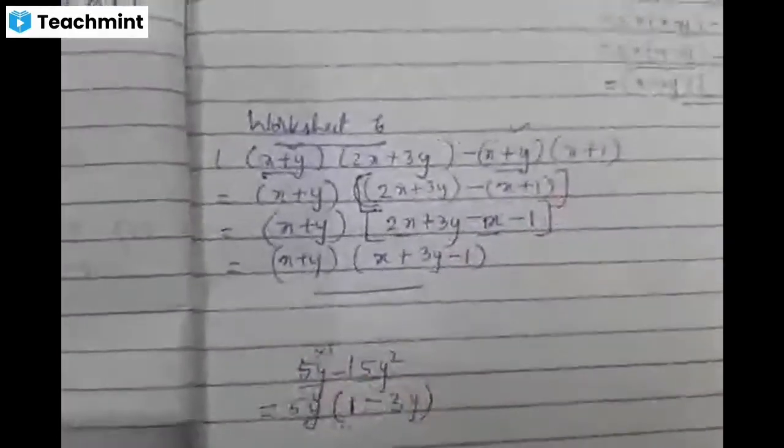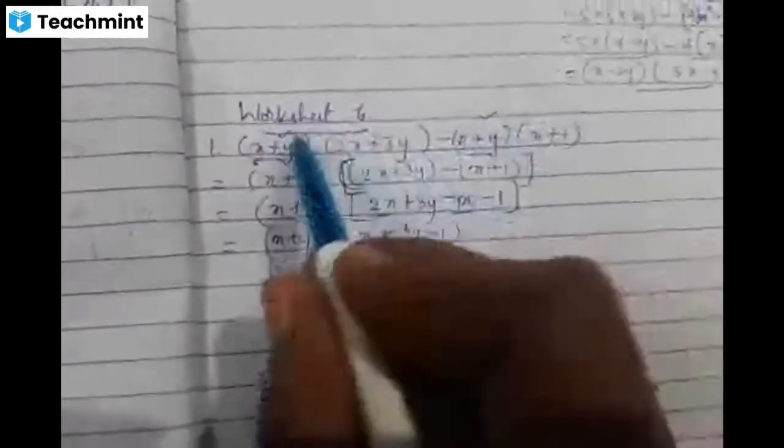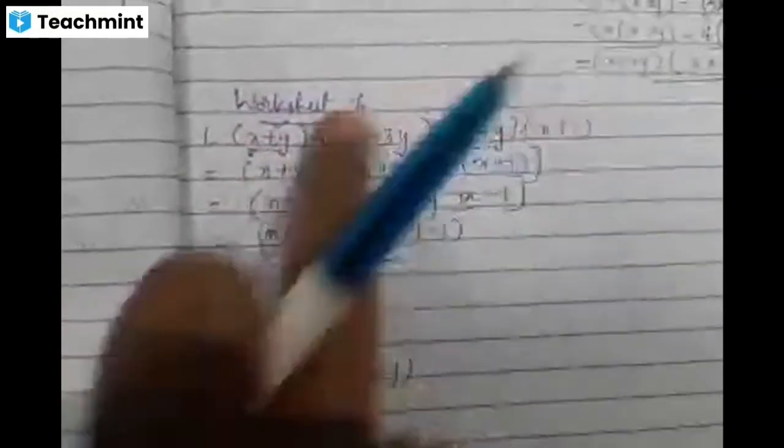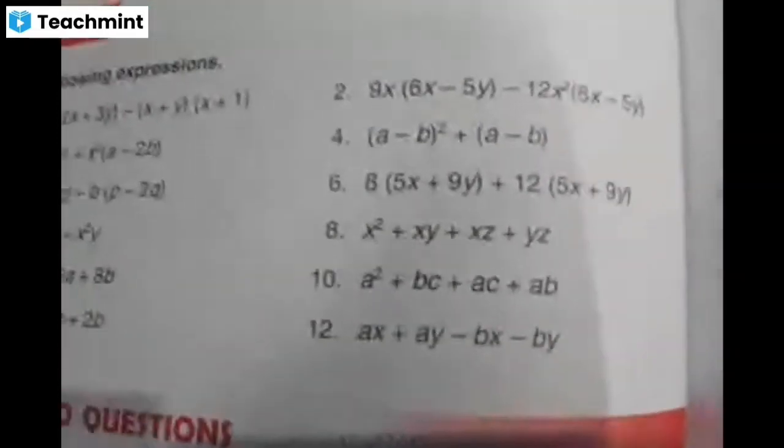So in this way, we are going to factorize the given algebraic expression where binomial is a common factor. So the question will not be given, children, as factorize the following where binomial is a common factor. They don't give. They only give you factorize the following. When it is given as factorize, you should know whether it is a monomial we have to keep outside or binomial we have to keep outside. You should be able to understand how to take out the common factors. Next is question number 2.